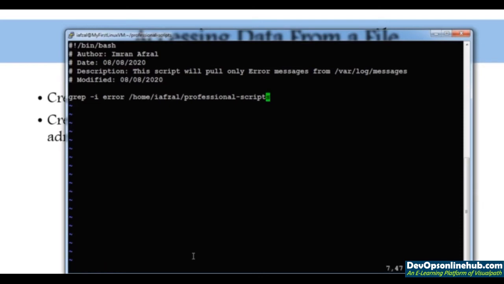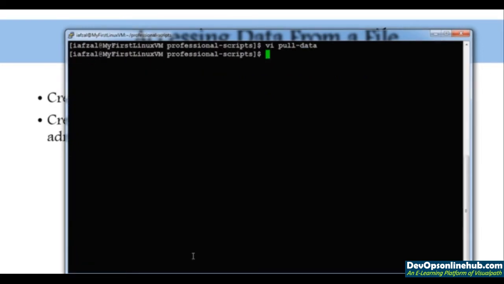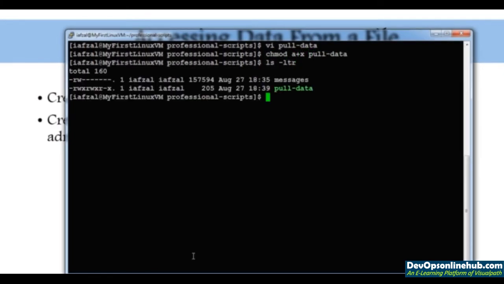So Ctrl+C to quit, right quick, enter. Now the next thing you have to do is give executable permission to pull data, ls -ltr, and you'll see our first script is created. So when I run that pull data,